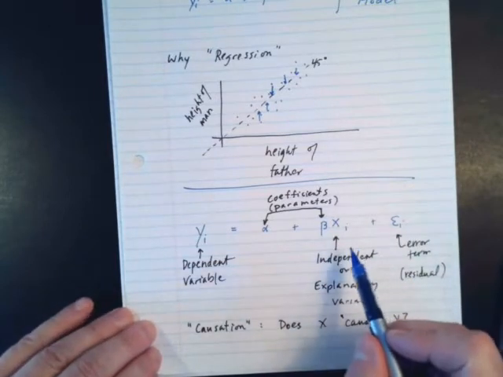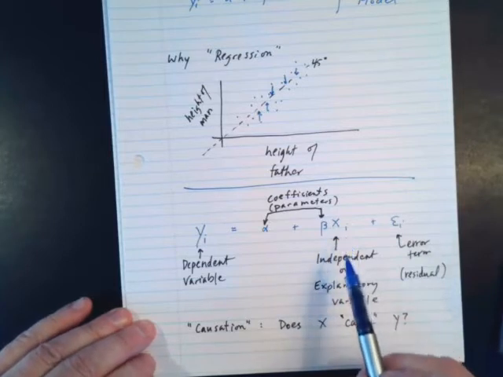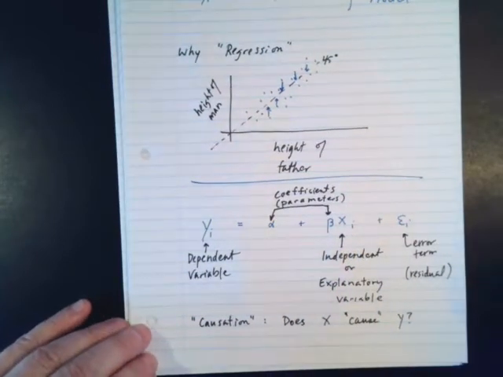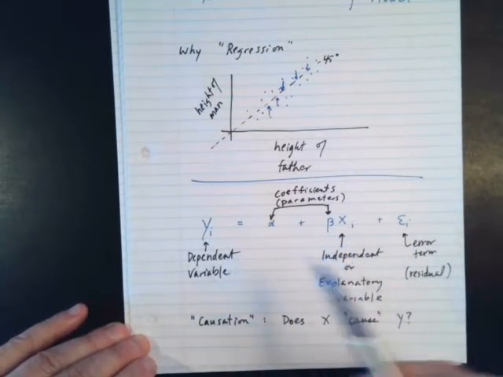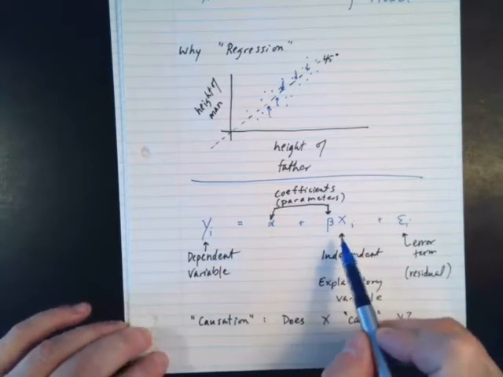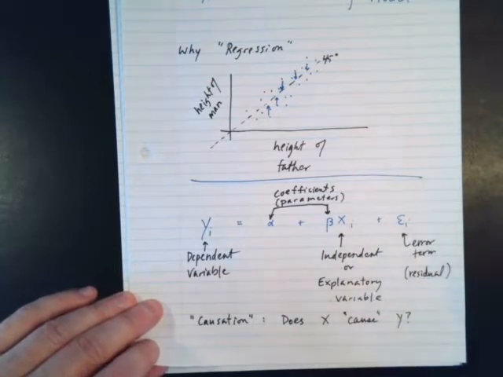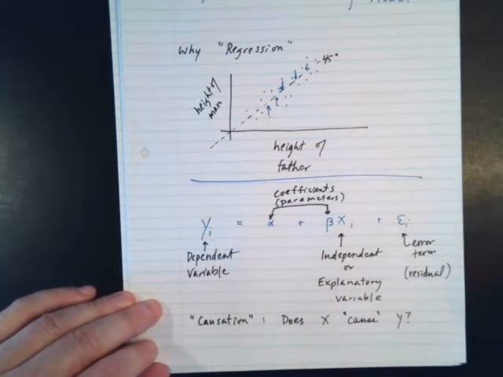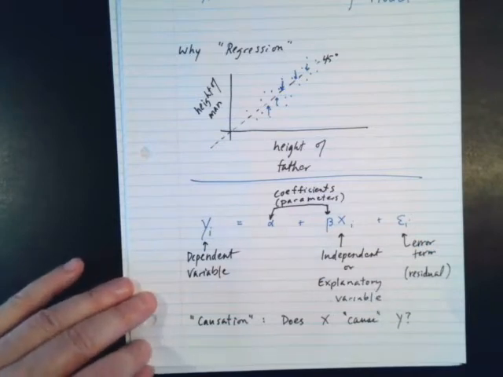Otherwise, what we're really doing is looking for correlational evidence. Now, it's safe to say that if there's absolutely no correlation between X and Y, then X does not have a causal effect on Y. But if we do find a correlation, that on its own doesn't prove that X explains Y. We have to have other theoretical reasons for that. So, this is our basic structure of a linear regression model,